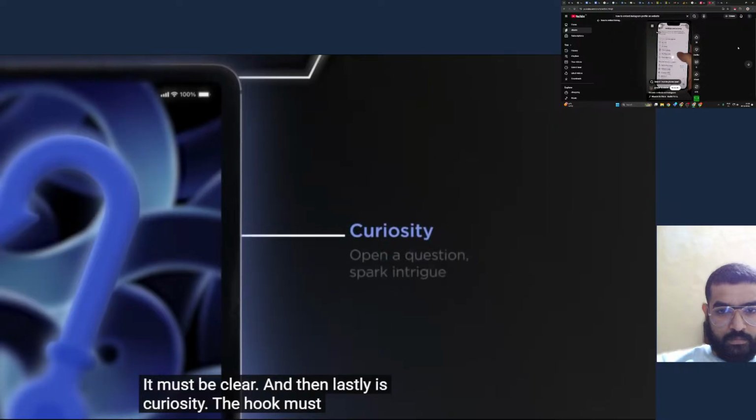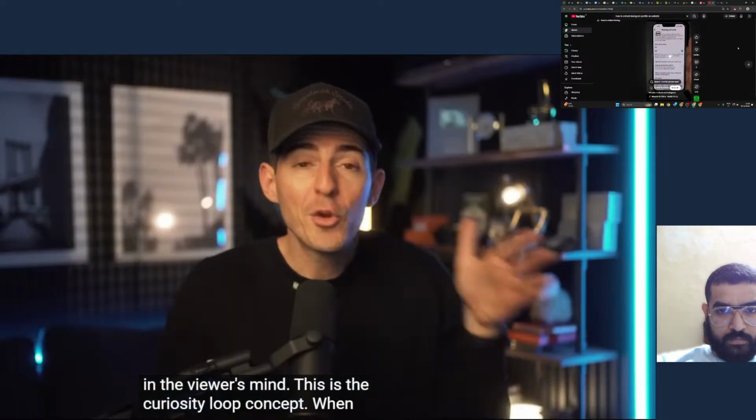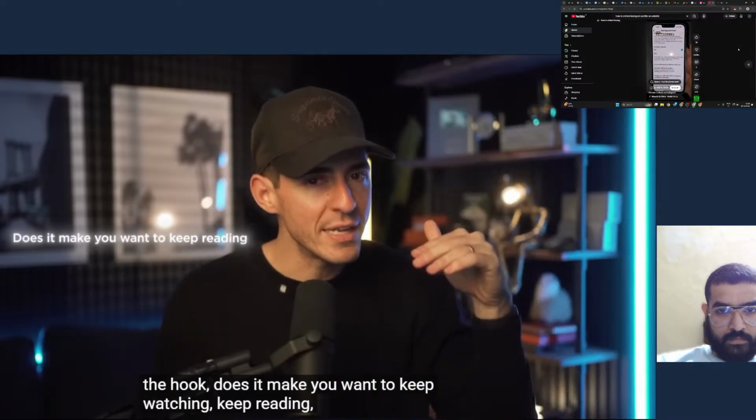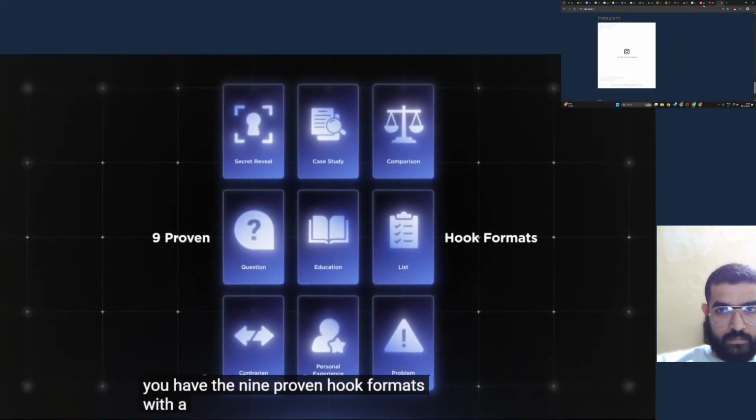The hook must open a question in the viewer's mind. This is the curiosity loop concept. When you're reading the hook back and you just read the hook, does it make you want to keep watching, keep reading, or not? So now you have the 9 proven hook formats with a description of when you use